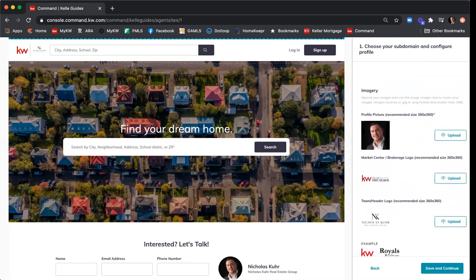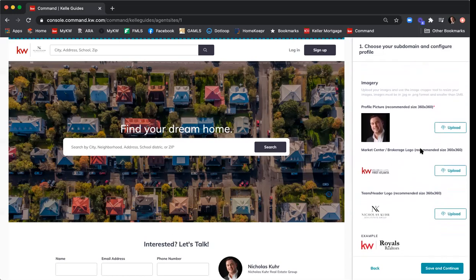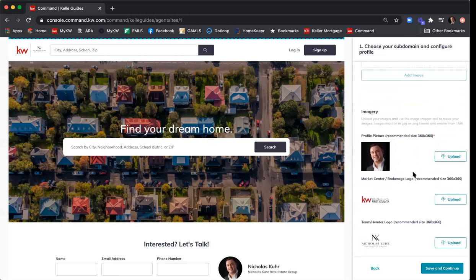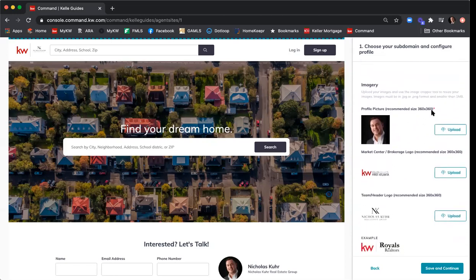Continuing to scroll down, we now have our profile picture. And you'll see here it's a recommended size of 360 by 360. The reason that Command recommends the 360 by 360 size, and it's the same thing for the Market Center brokerage